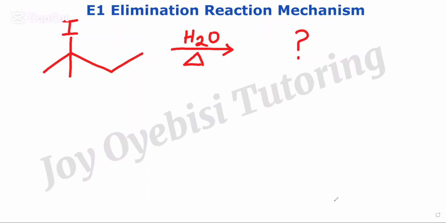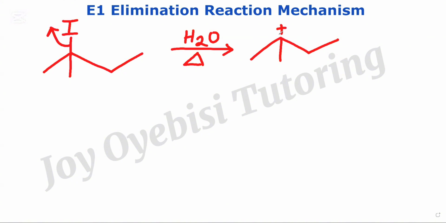In this video, I'm going to be showing you how to draw the E1 elimination reaction mechanism. In an E1 elimination reaction, the first thing that happens is the leaving group breaking off. When that happens, a carbocation intermediate will be formed. So the positive sign replaces the leaving group, in the original position of the leaving group, and that's what we